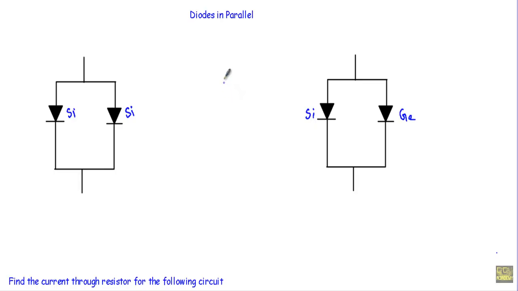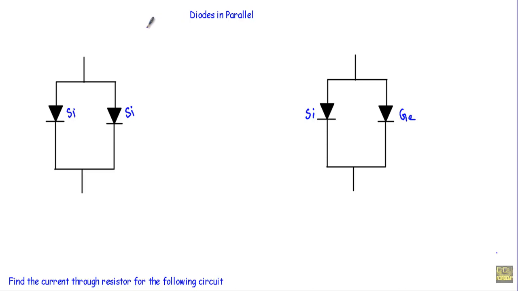In this video, I will talk about the circuits in which the diodes will be connected in parallel. After that, I will show you two examples in which the diodes will be connected in parallel. When we connect two or more diodes in parallel, you have to remember that we cannot connect two dissimilar diodes